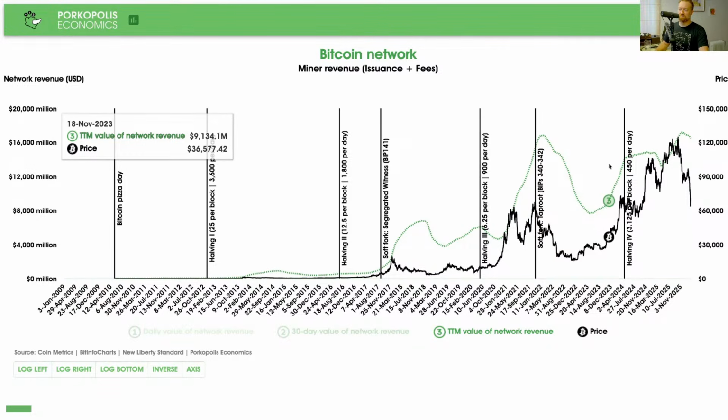But the effect of the halving on miner revenue this time was massive, right? They were just shooting up to 13, 14, 15 billion a year, and then you can see it was just sawed off. And then went down, and now up. And then I have to admit, I don't really know, this is not ideal, I would say. You would think that we would be multiples higher, and we're not. It's weird,